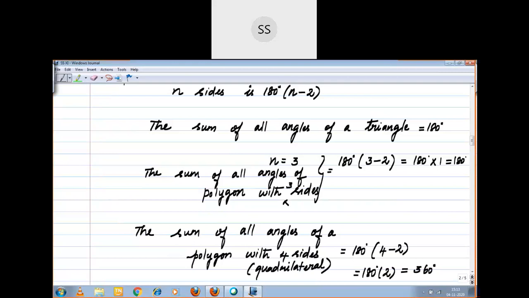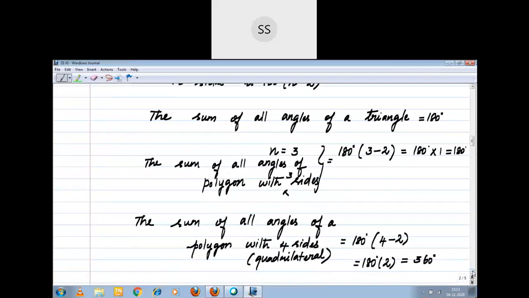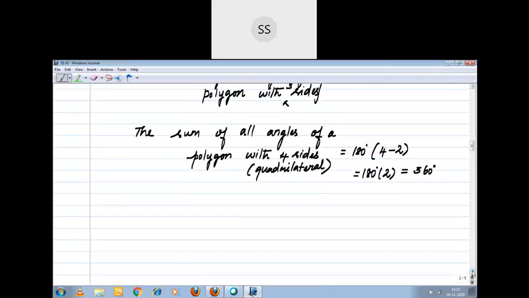Now what I have given, whether it is correct or not, children? Yes, it is 100% correct, right? That means what is the formula? If anybody asks the sum of the angles of a polygon with a 5-sided figure, then immediately you should say 180 degree into 5 minus 2, 180 into 3, 540 degree, right? The sum of all angles of a polygon with an n-sided figure is equal to 180 degree into n minus 2. That is the formula. You keep it in your mind.